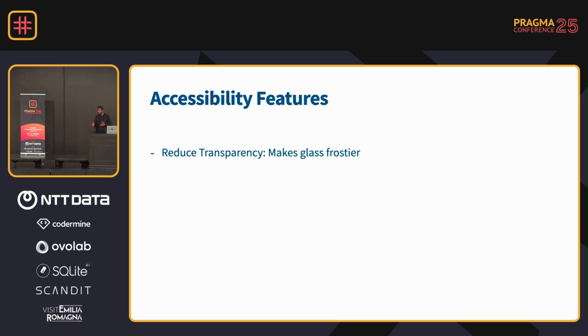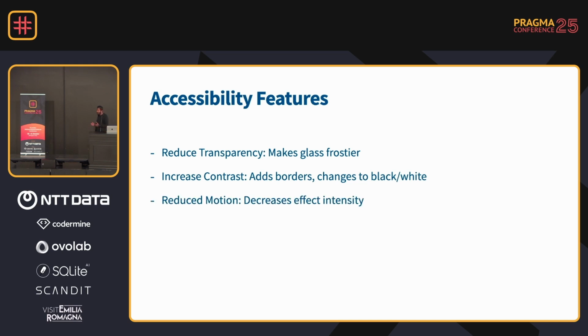And don't forget the accessibility as well. So make sure to try to run your application with accessibility settings like reduce transparency. If you reduce the transparency, your clear glass variant changes to a more frosted look, and it's giving you much more readability. And also, if you run with increased contrast, then all the components will draw with highlighted borders. And also try to run with the reduced motion